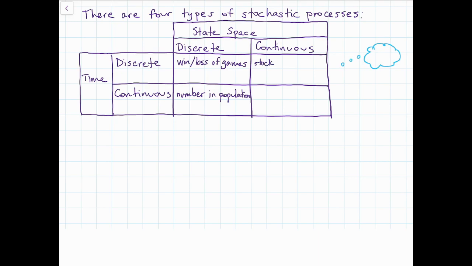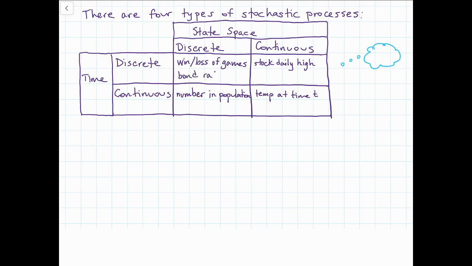The opposite, where we have continuous state space but discrete time, could be something like the daily high price of a stock or the daily closing price of a stock. The price itself would be modeled by a continuous random variable, but there's only one observation per day, so it's going to be discrete time but continuous state space. Or finally, the fully continuous case, we could think about the temperature at time t. Temperature itself would be modeled as a continuous random variable, and that can change at any time. So the temperature at time t would be a continuous time with a continuous state space.